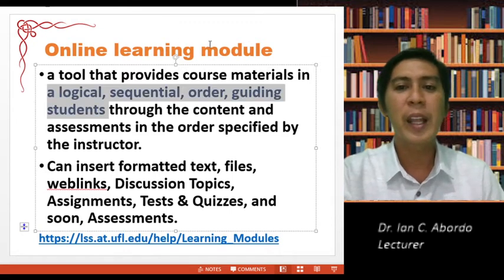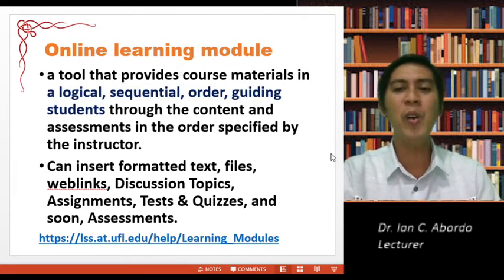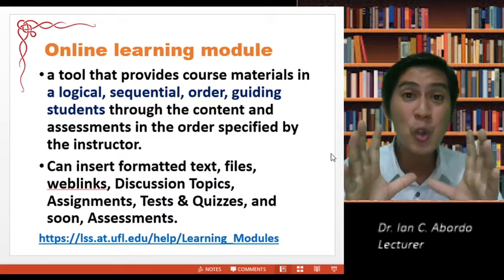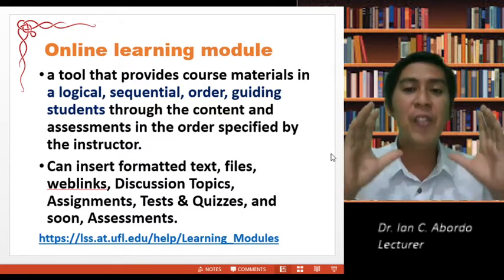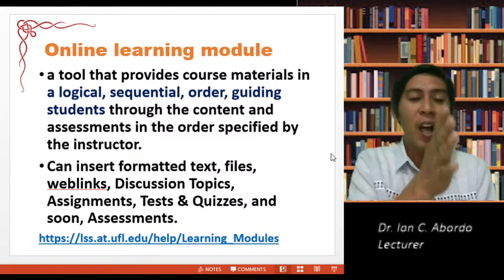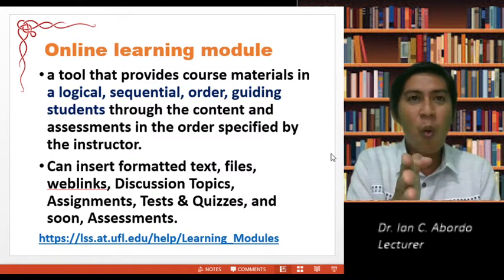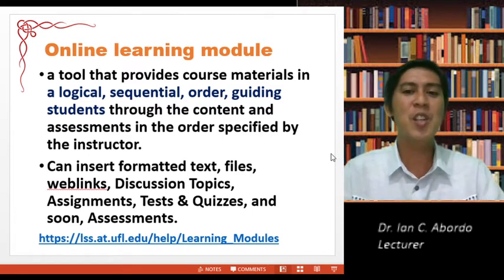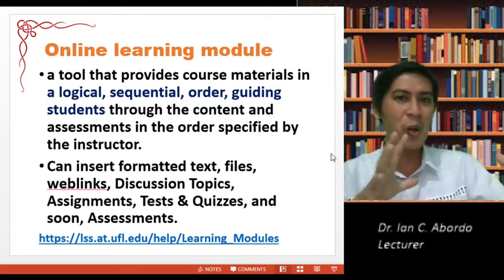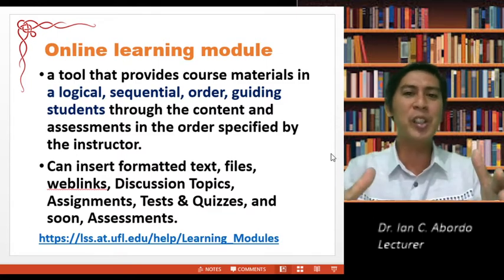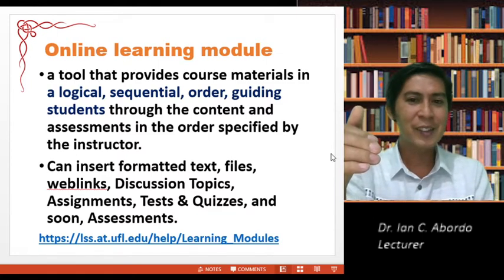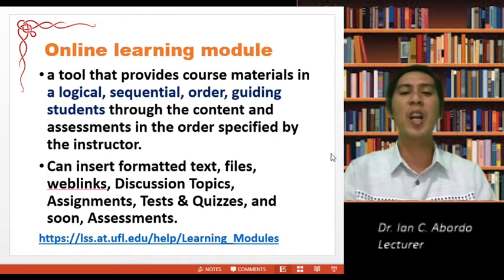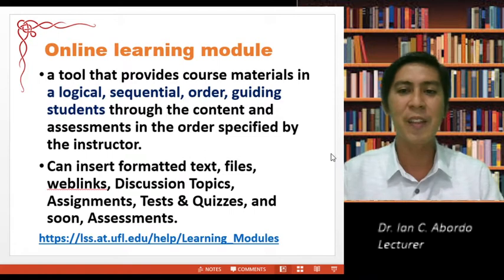When you have a module, this is a tool that provides the learners a logical sequential order in guiding students through the content. So you're already sure that in a module there is content and assessments, in the order specified by the instructor.